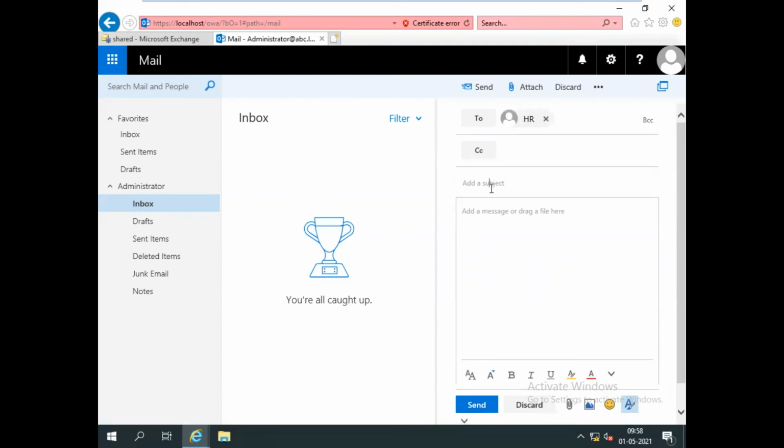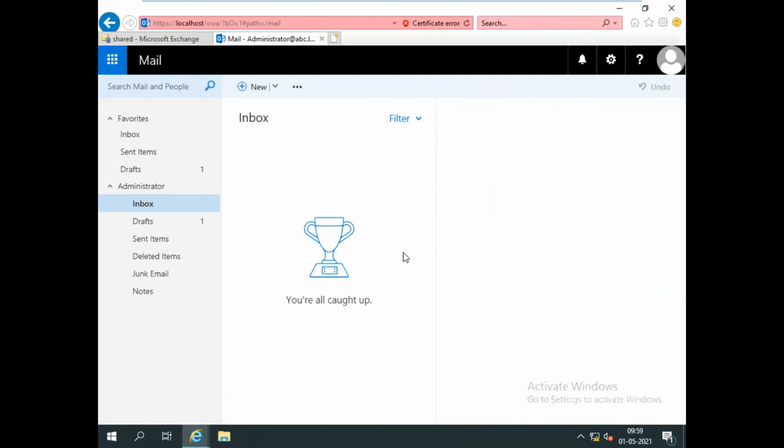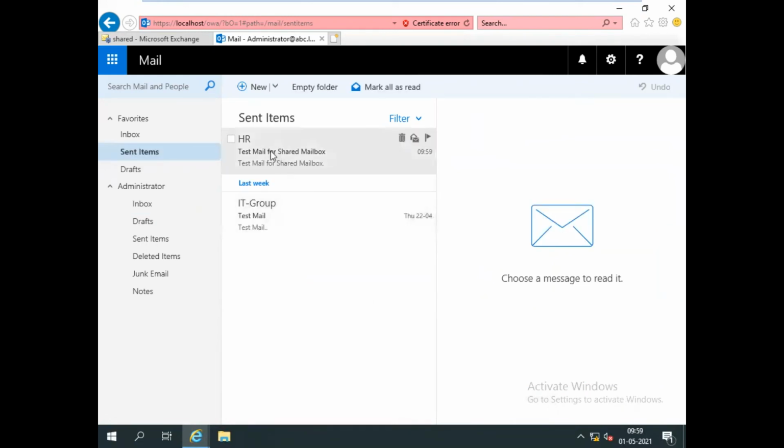Now I give the subject test. I write this test mail for shared mailbox, and the same I write in the message also. Now I'm going to send this mail to this shared mailbox. Click on send. Now as you can see, it's sent. It shows me 10 items in the HR mailbox. I have successfully sent the email.